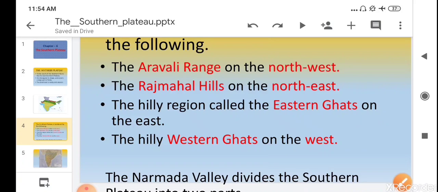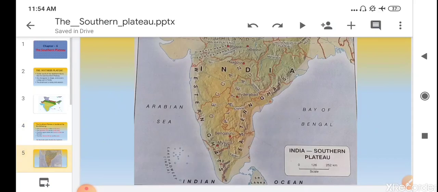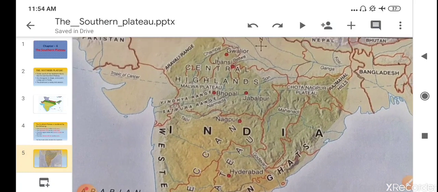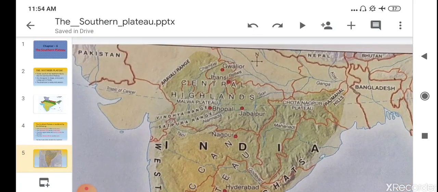Children, let's see a map. You will understand more clearly about the borders of the Southern Plateau. Here you can see the map. In the northwest, it has the Aravalli Range.